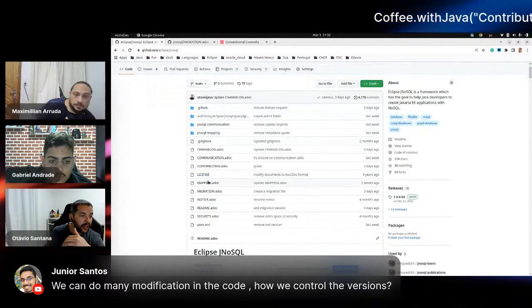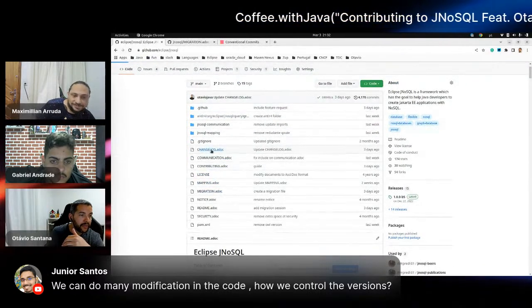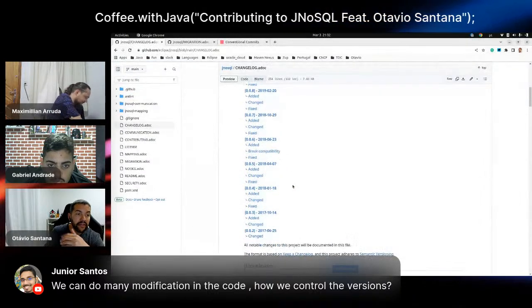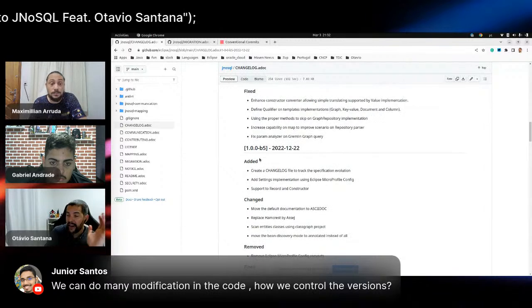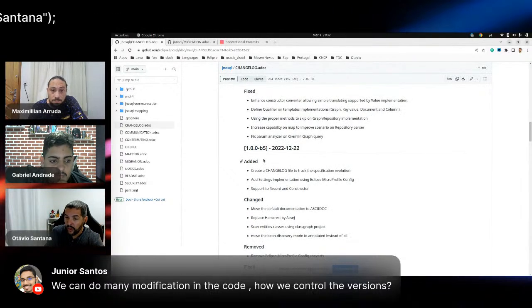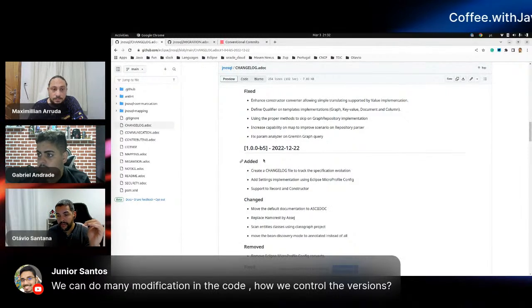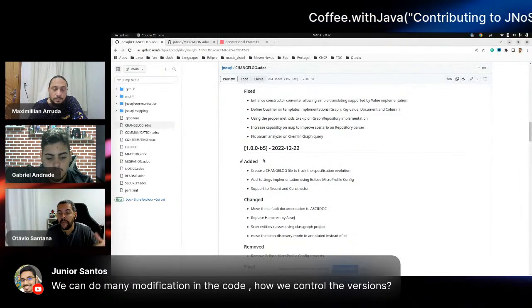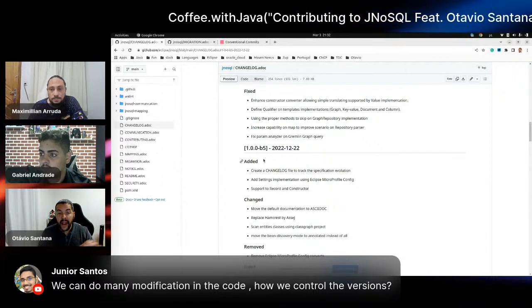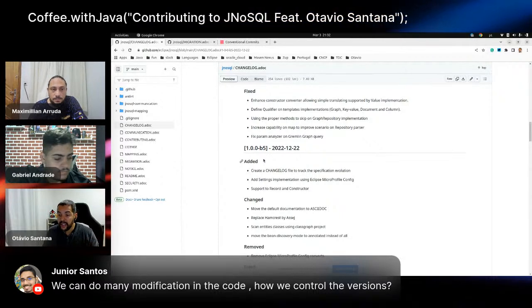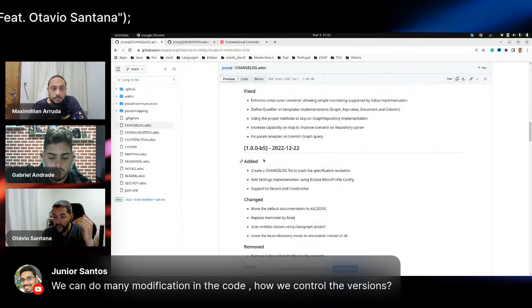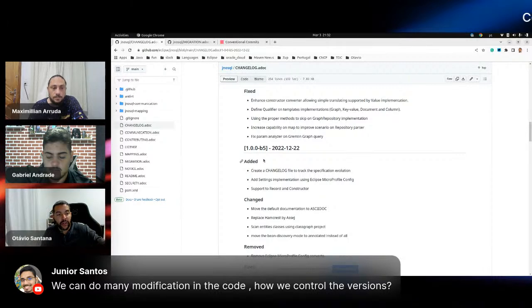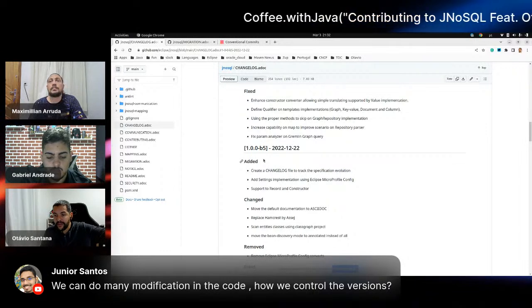So let's move to my change log here. The idea is to track by version. So what was released in version B5? What happened in the middle? So you're able to control, to put a PR, to modify. The main idea of the change log is to make it easier to track what's going on, instead of going to the git log and going commit by commit. This one here will be the latest state before releasing the version.